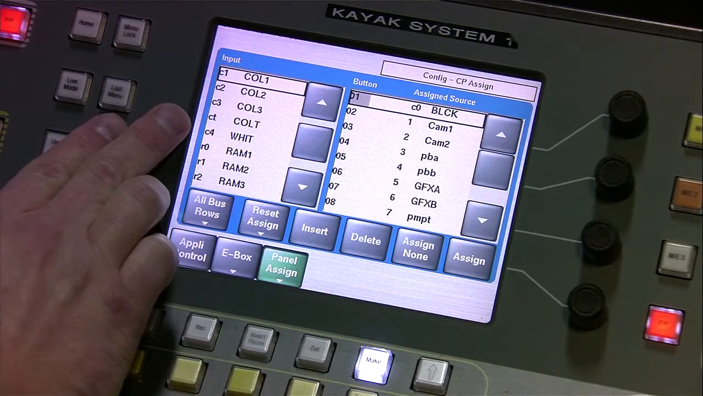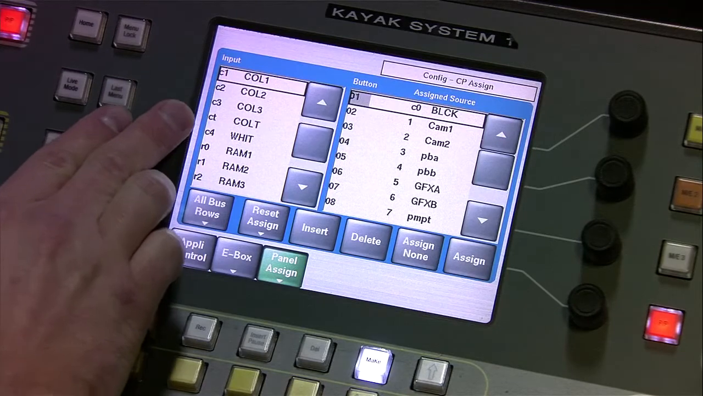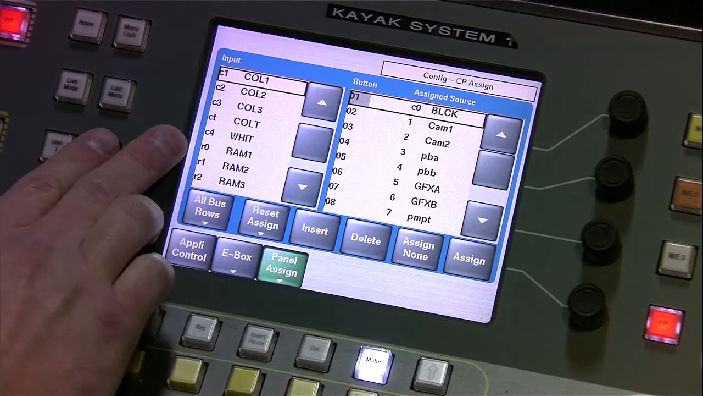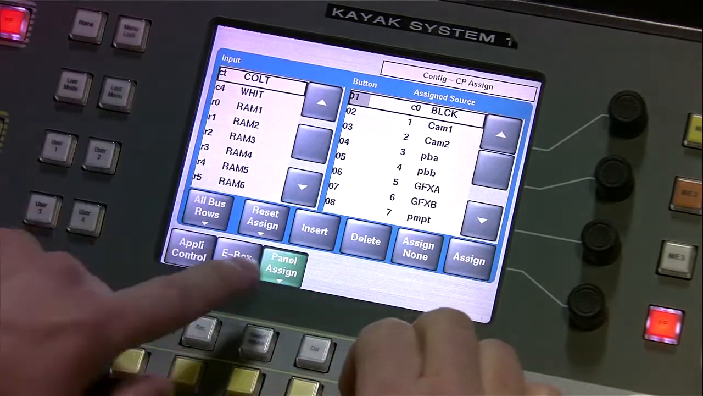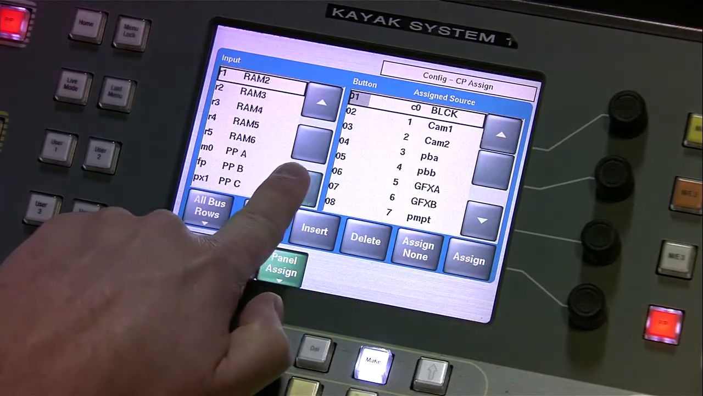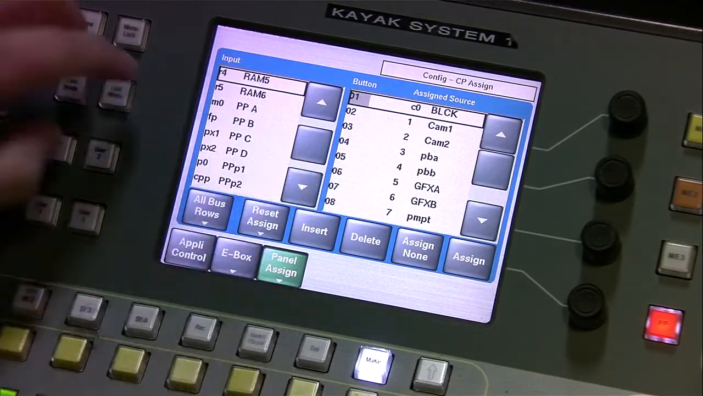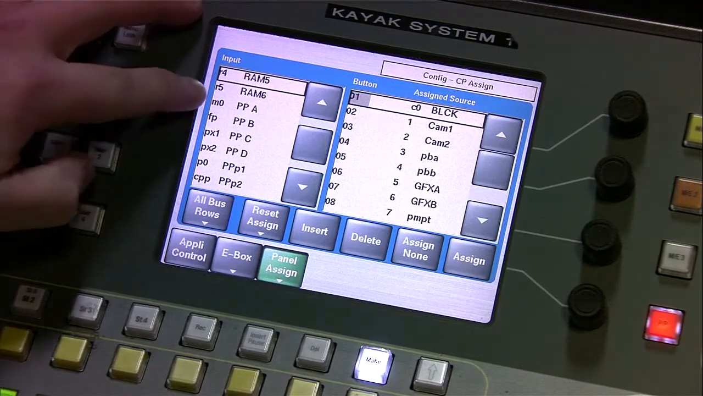We have color bars. You can assign white. The RAM recorders are right here. If we had them, you can assign those to inputs as well. Here is actually, these are